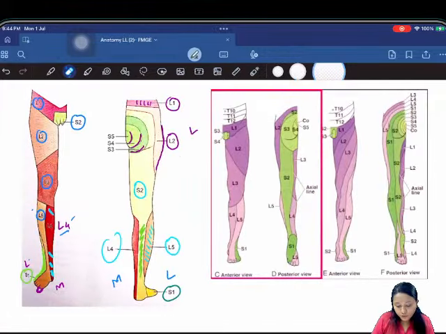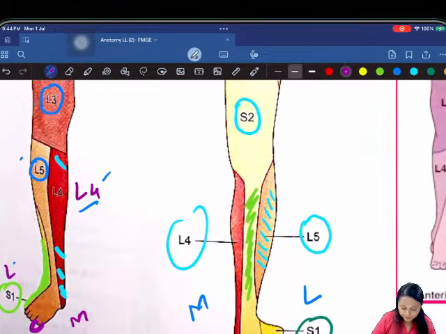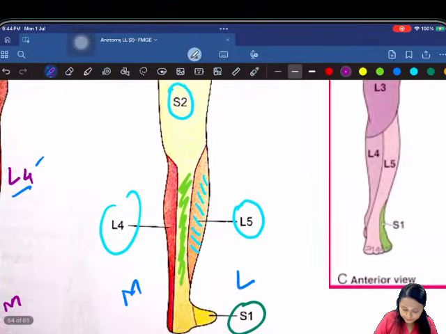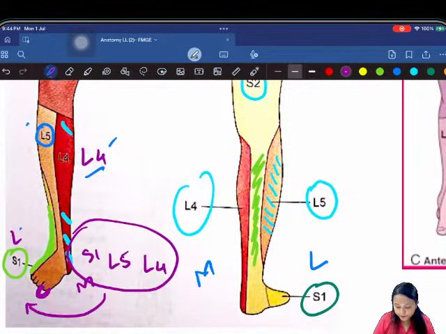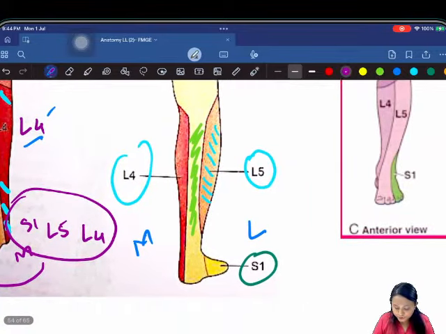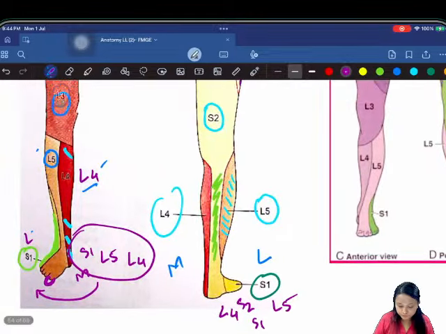So you know that below the knee, from medial to lateral, L4 आएगा पहले, फिर L5 आएगा, फिर आएगा S1. This is for the anterior aspect. Similarly in the posterior aspect you will get again L4, ऊपर साइड में रहेगा S2, नीचे रहेगा S1 and then you will have L5. So try to remember this image and then it will be easy for you,